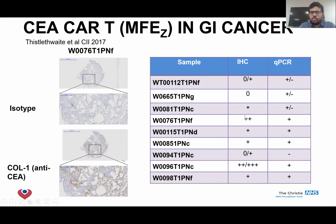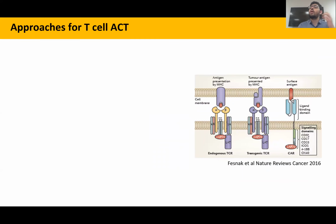And here, as we can see, this is immunohistochemistry and qPCR testing for the engineered T cells. As we can see, in most of the tumor samples, the abundance of the CEA-targeting CAR-T cells is low. And we didn't see any responses in this study. That's why we started to think of another approach, which is